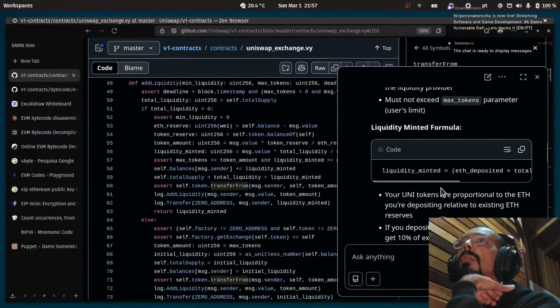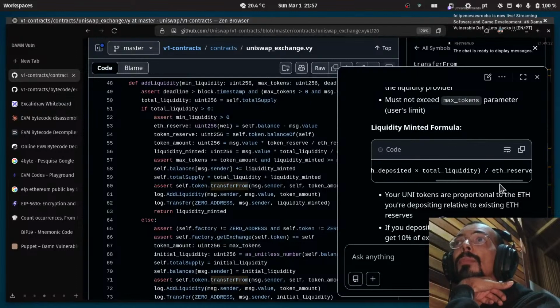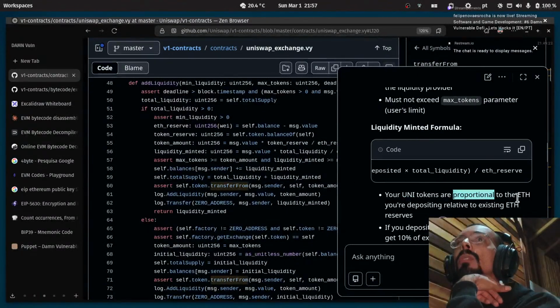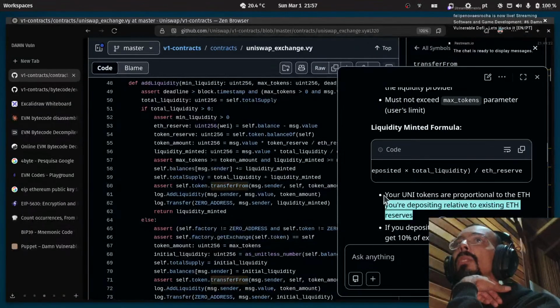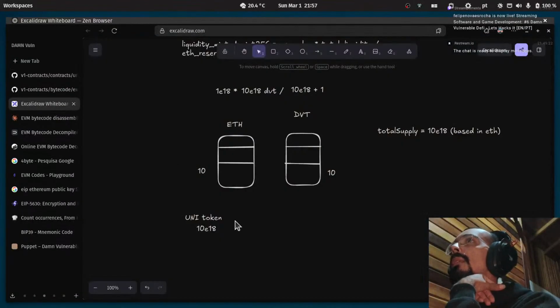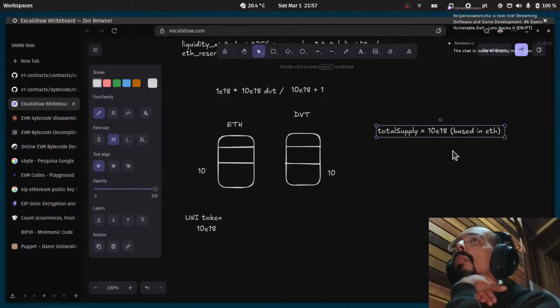And the liquidity mint formula: the unit tokens are proportional to the Ethereum that you are depositing relative to the existing Ethereum reserve. So that's something I said before. The total supply here is the total Ethereum there, and you're gonna receive 10 unit tokens